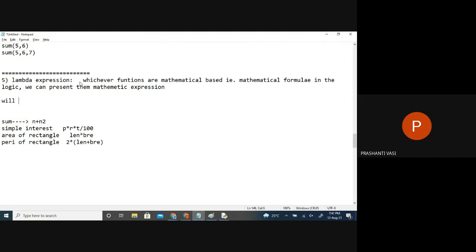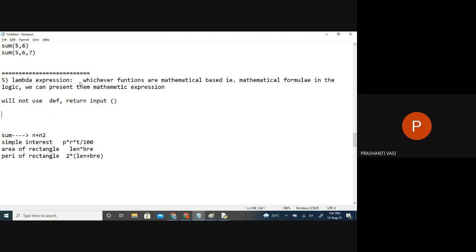So we'll not use the def keyword, return keyword, or the input brackets. In lambda expressions, we will not use the regular concepts of def keyword or the return keyword or the input parameters in the round brackets. We don't have to do that.